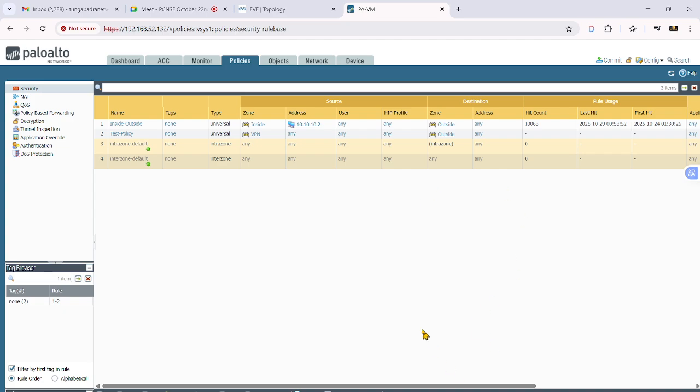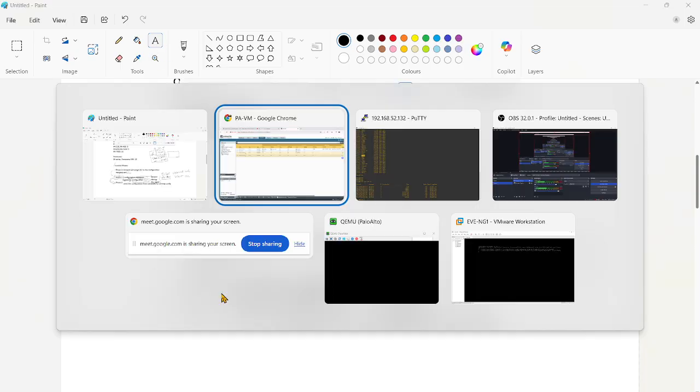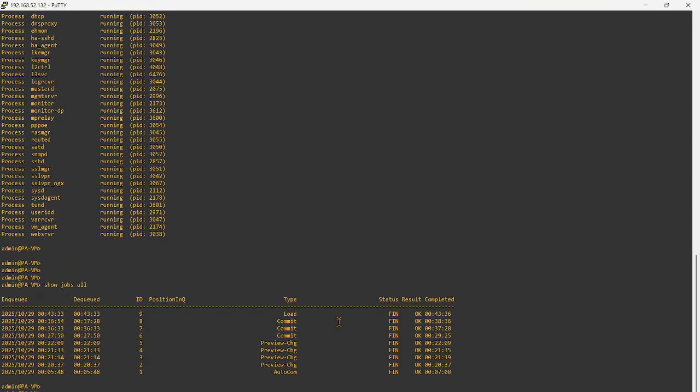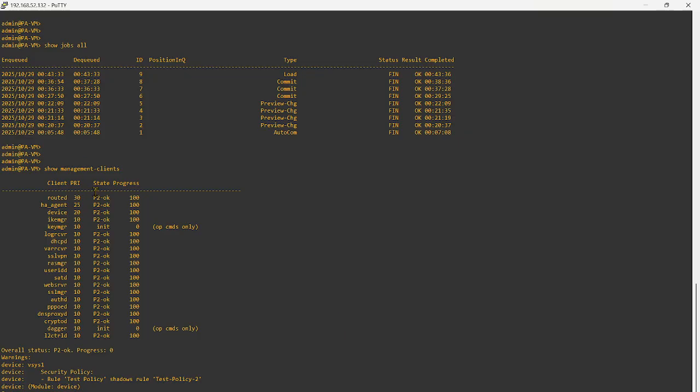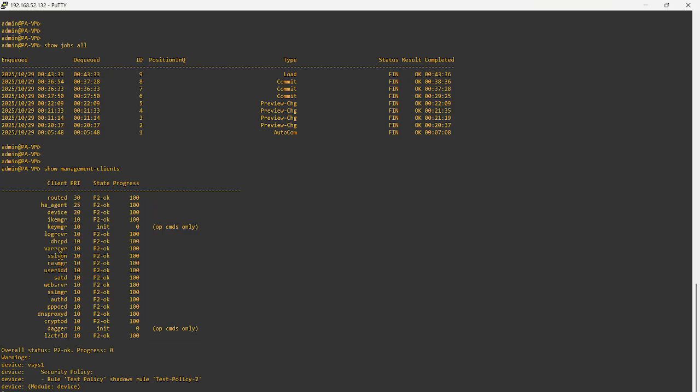Before the commit, I want to tell you one more thing. If you want to see these phases, there is one command you can run in the CLI: show management clients. There you can see the clients that are going to verify the changes, their state, and the progress, whether it is 100% or 0%.